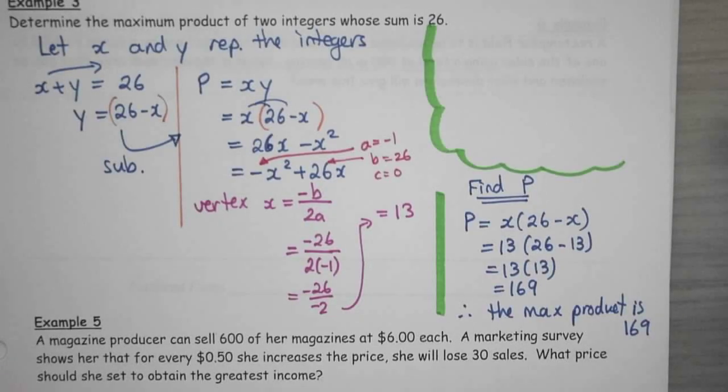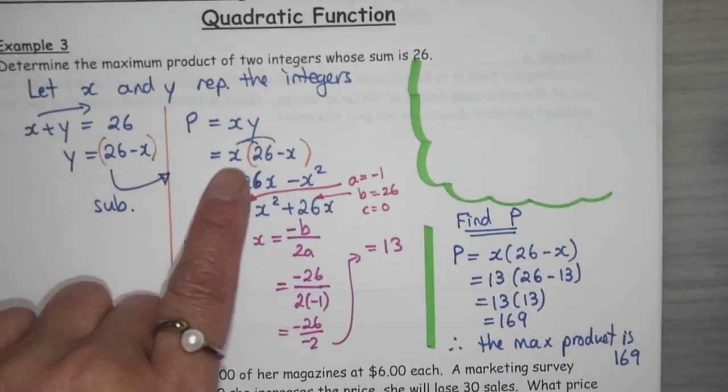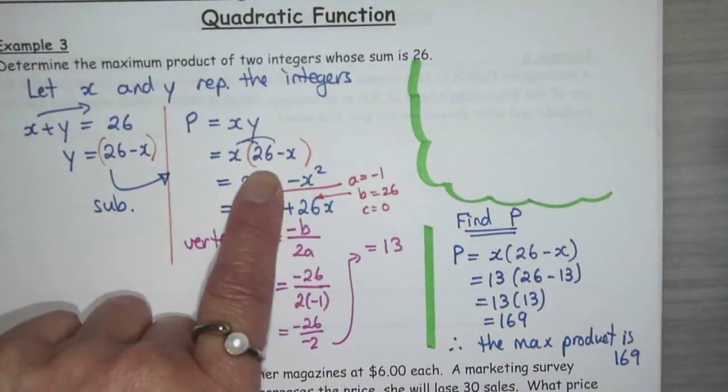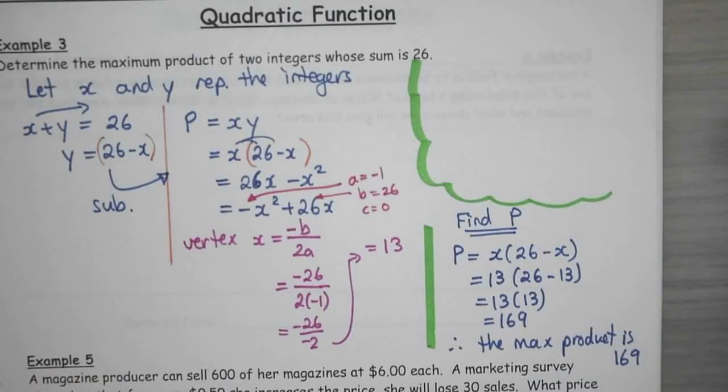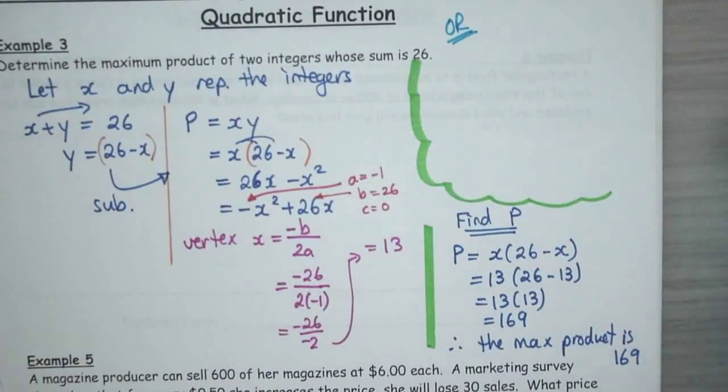Okay, I'm going to show you. So that's beautiful, right? We got vertex. We have this new formula. It's gorgeous. Totally can use that. You also, I'll show you the grade 10 way that we showed you as well. So we also in grade 10 would go from this factored form and we would find the two roots. So I'll put or. You don't have to do it this way. I'm just going to put or. You don't have to know all the ways, but just in case you're like, oh, I like that way,